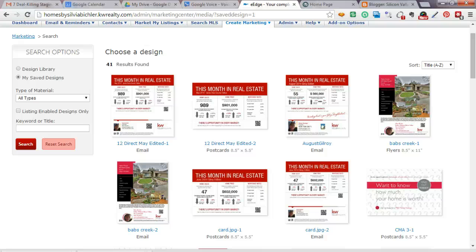So let me try this again. If you were going to pick one of the two to post, which one would you post? How about the email one? Because how about a postcard and then you just add additional content? You could do that too, but let's say you wanted to be efficient, and you only wanted to do one thing at a time. You could just use the one that already has your contact information and a call to action. Right? I'm not saying there's only one way to do it, but